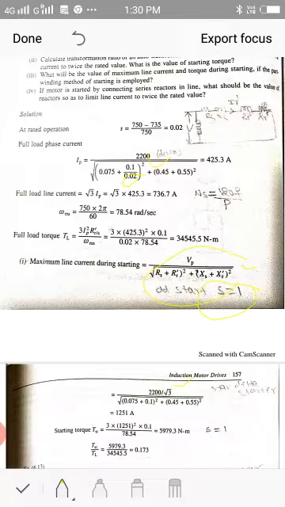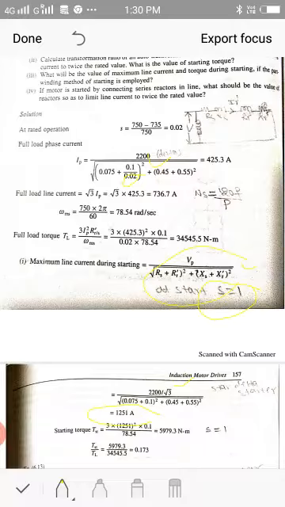Initially the winding was connected in delta. Okay, but during normal operation it will be connected in delta, but for starting the winding will be connected in star. Okay, for star connection the phase voltage will be equal to 2200 divided by root 3, and I am substituting the remaining things, and I will get it as 1251 amperes. And you know that for star connected load, the line current will be equal to phase current. Okay, so this maximum line current during starting will be equal to 1251 amperes,